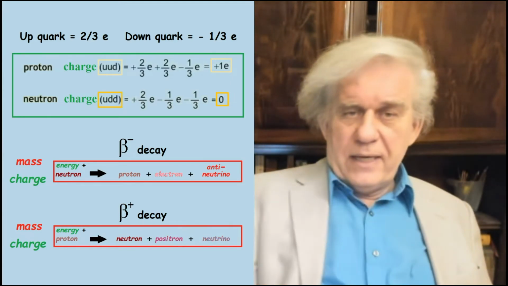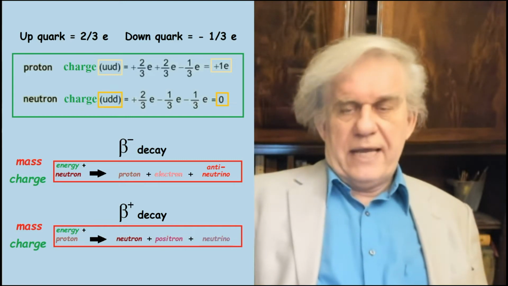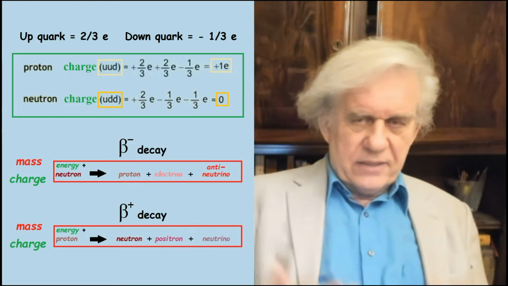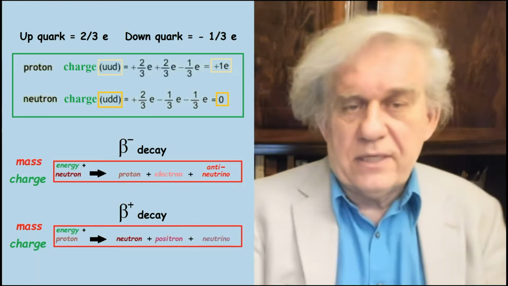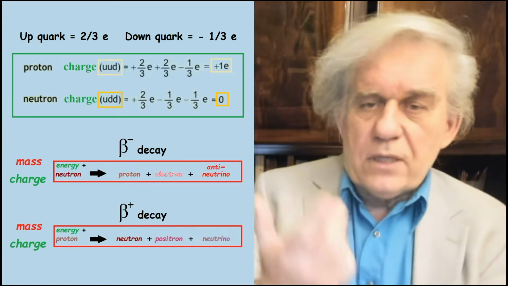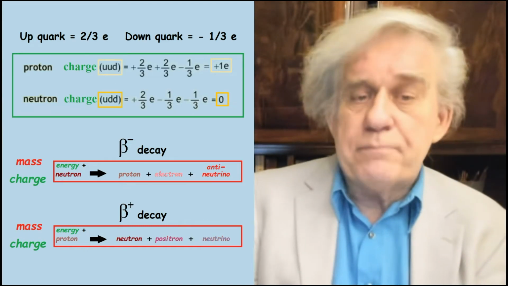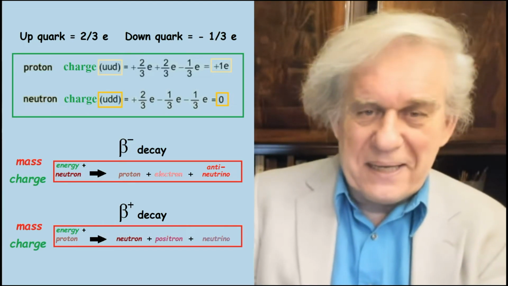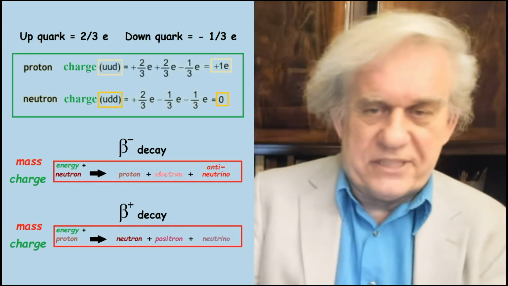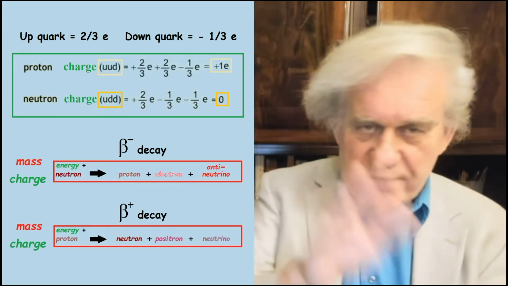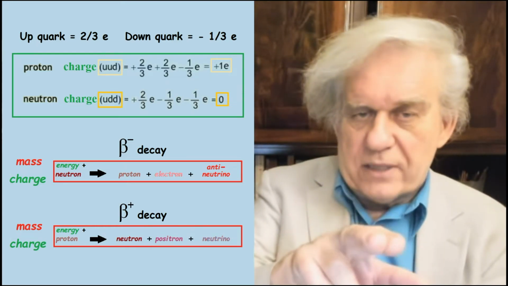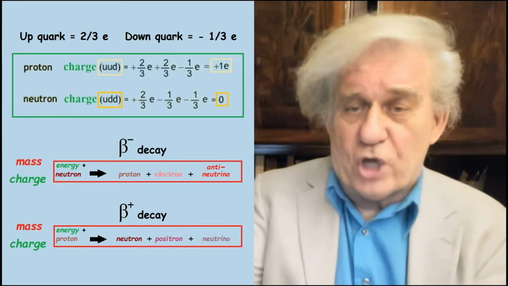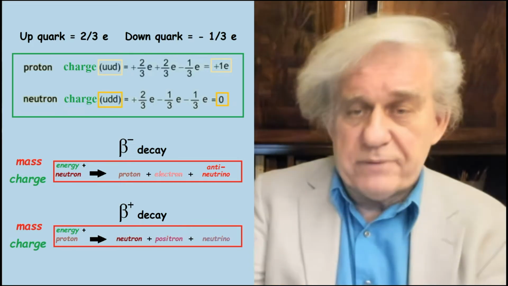Okay. But what they did was, it was an accounting issue. They had to explain why, for example, the proton had charge and the neutron did not if they were made of quarks. How do you account for that? And so they said, well, it's simple. We're going to give 2/3 charge to the up quarks, and we're going to give a negative 1/3 charge to the down quark, whatever that means to you. Okay, and why? Because they need it for the accounting procedure only. Okay, that's the only reason for those numbers. And they say if you take 2 up quarks, 2/3 plus 2/3, and subtract a down quark of minus 1/3, well, you get one charge, which is the charge of the proton, which is the opposite of the charge of the electron.